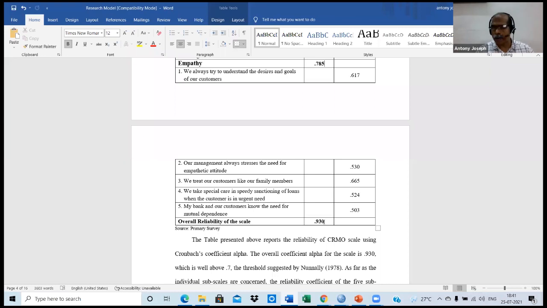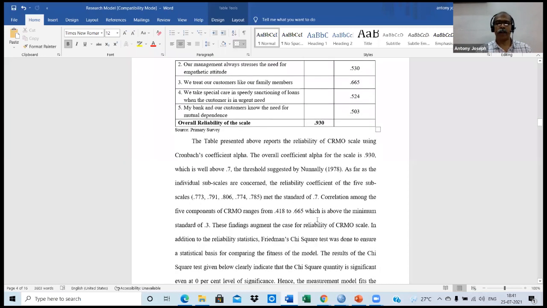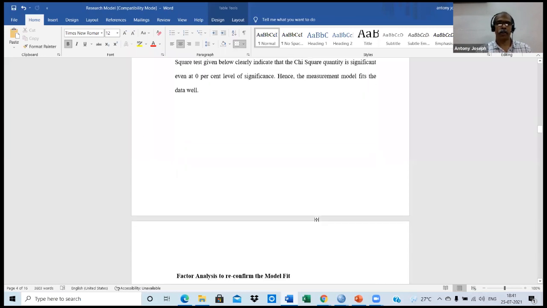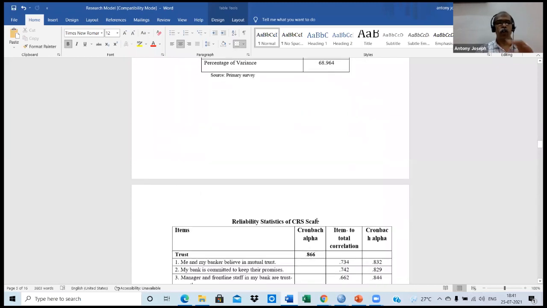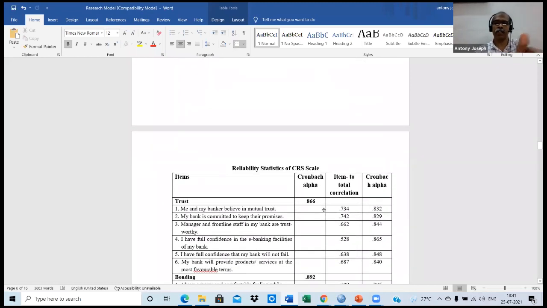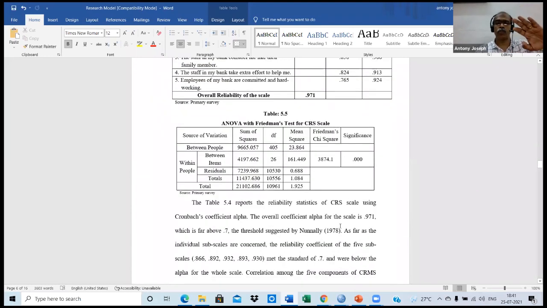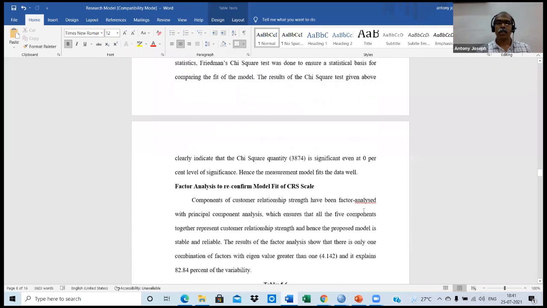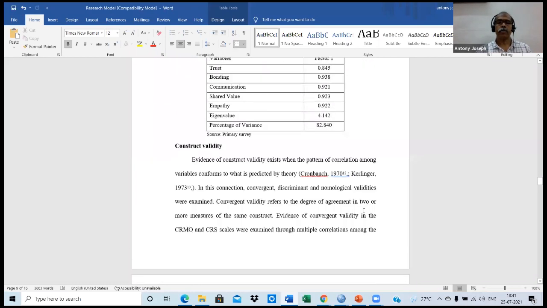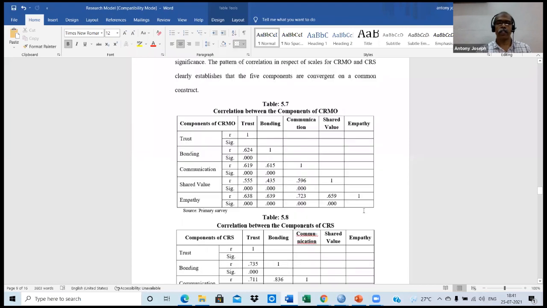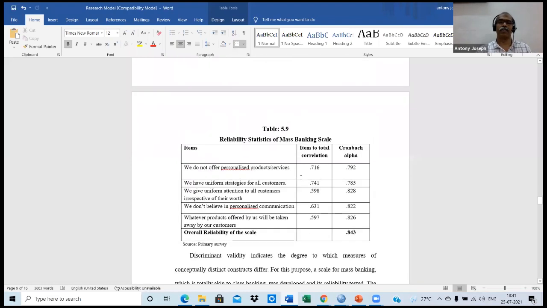Others are to be shown separately. That's why I'm showing this. Okay. You don't want to see this at present. This is the reliability of the second instrument that you don't want to see. Okay. Okay, this part we will discuss in the next class. You see, reliability statistics of mass banking.